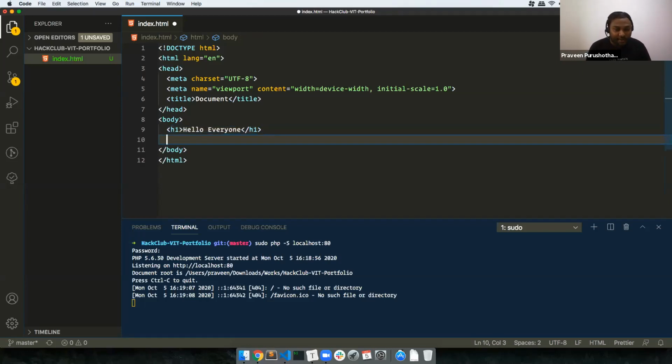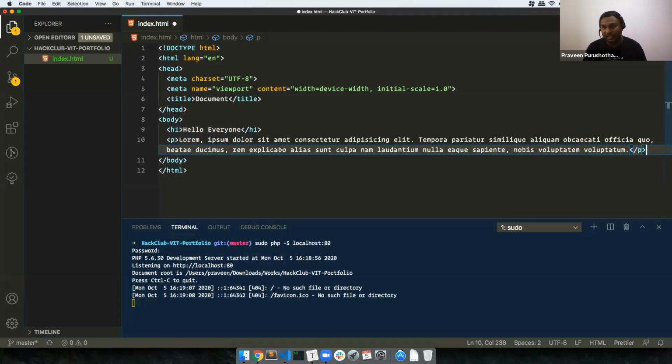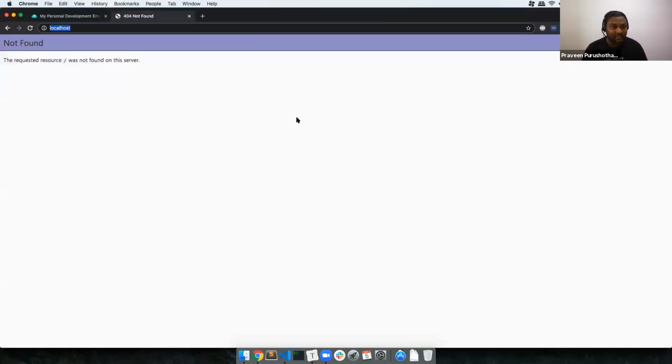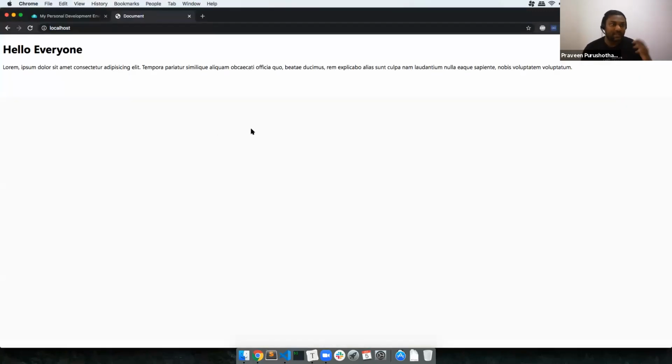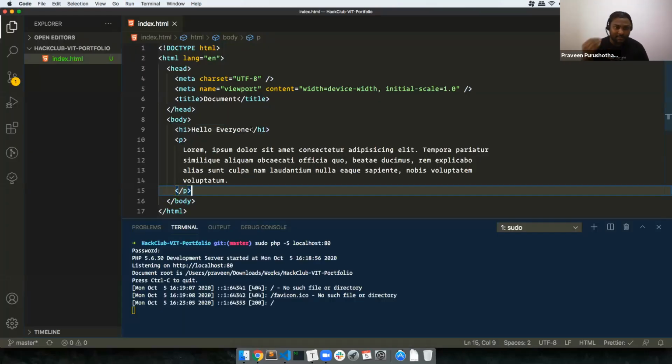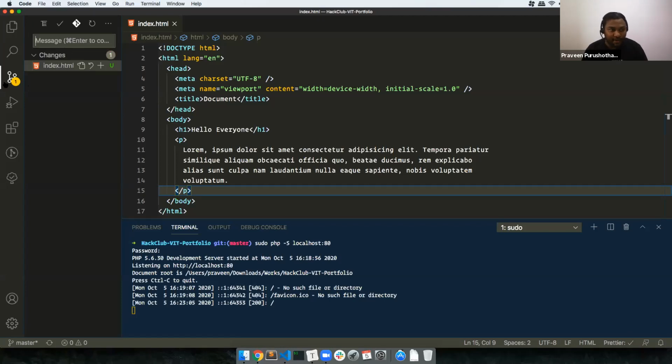Right. Now if I go here and type in something like lorem ipsum, Sarvesh, what is the question? Then I save it. If I refresh the page, I could see this whole thing coming up. And if you want to commit this file, there are 3 steps of committing. Click on this particular thing in your VS Code where you can find the Git changes. The number 1 is plus.